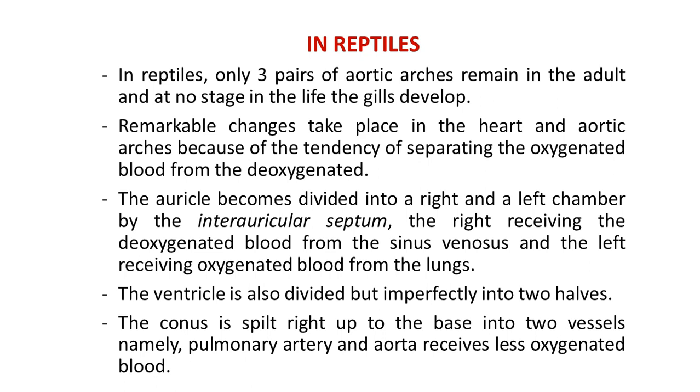The auricle becomes divided into a right and a left chamber by the interauricular septum, the right receiving the deoxygenated blood from the sinus venosus, and the left receiving oxygenated blood from the lungs. The ventricle is also divided, but imperfectly, into two halves. The conus is split right up to the base into two vessels, namely the pulmonary artery and the aorta, which receives less oxygenated